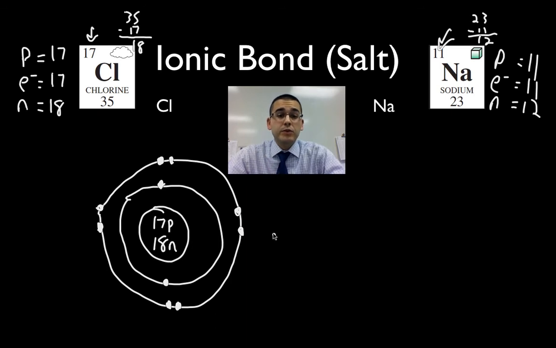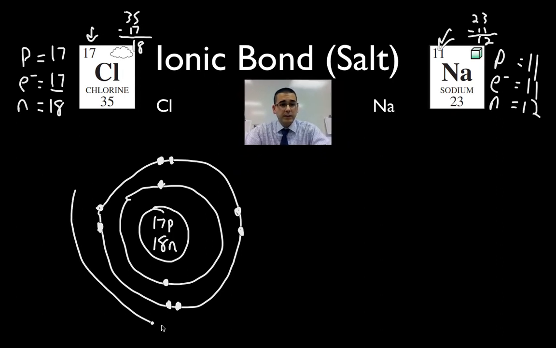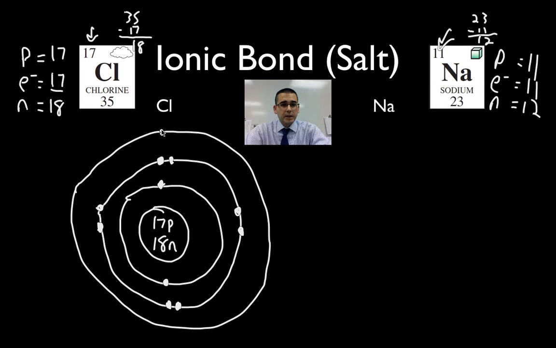And so far we've used 10. Now if you look at our total number of electrons up here, we have a total of 17, so I have 7 left. So I need to go to the third ring, and I will draw 1, 2, 3, 4, 5, 6, and 7. So we have a total of 17 electrons.